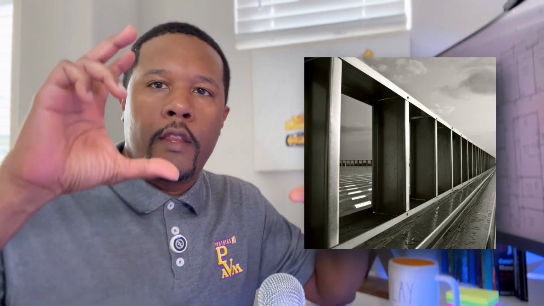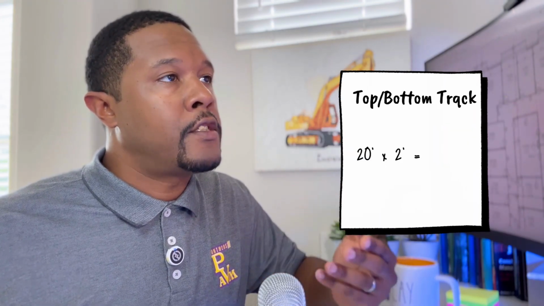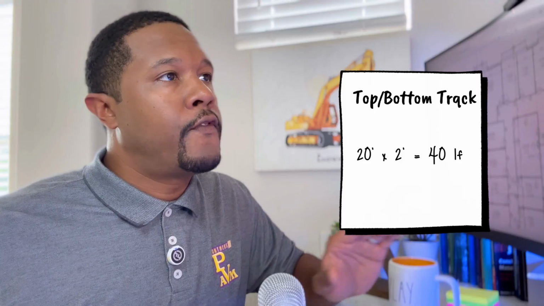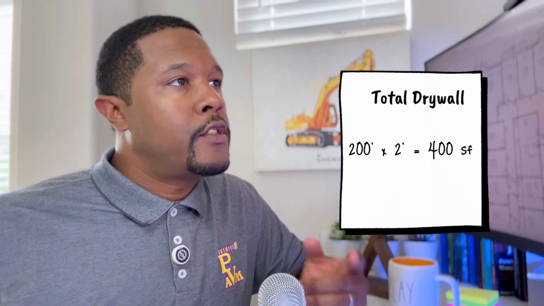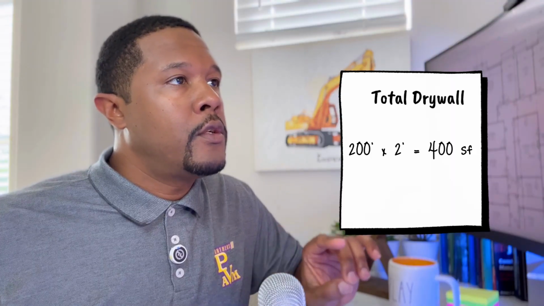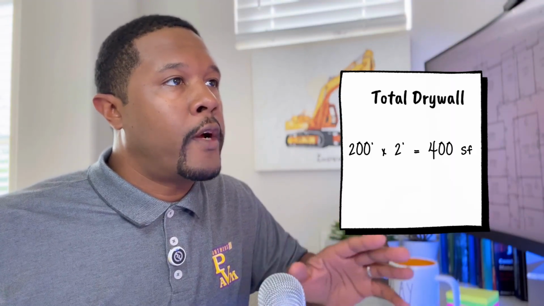Next, we want to take the top and the bottom track that hold it together. We've got a top and bottom track, each 20 foot long, so 2 times 20 is 40 foot of linear track. That's our quantity for that. Next, we want to take both sides of the drywall. Back to our 200 square feet, we're going to say 200 times 2, and that's 400 square feet of